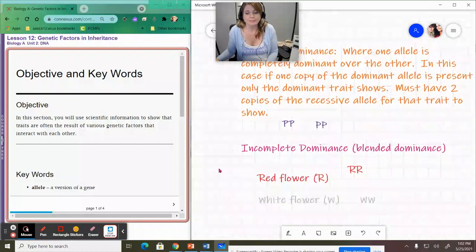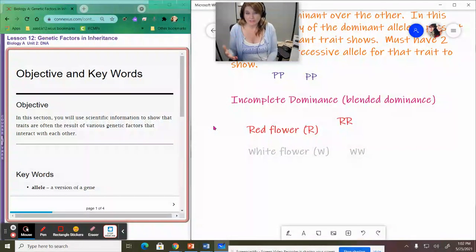When you're talking about incomplete dominance, neither one is more dominant than the other. So they blend together. So we can't use the same letter because otherwise that would indicate one of them was more dominant. So we use different letters. And that lets us know that neither one is more dominant. And we're using capital letters for all of them. So if you cross a big R with a big W, a red flower with a white flower, let's do